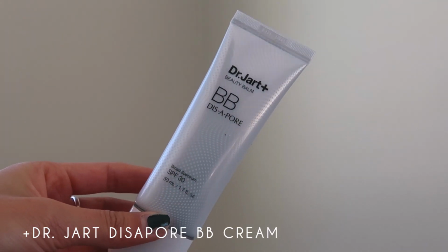Moving on to another sunscreeny daytime product. I just got this. It's a Dr. Jart BB Disappour BB cream. They have two colors like most Korean BB creams. It's like a lighter color and a darker color. So I have the darker color. I know, that's sad. This is as dark as it gets for Korean skincare,